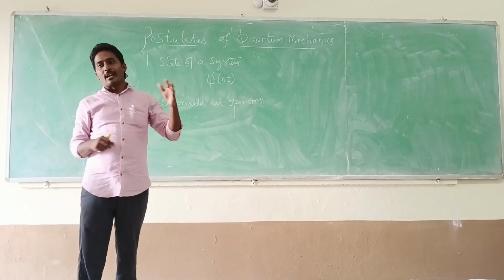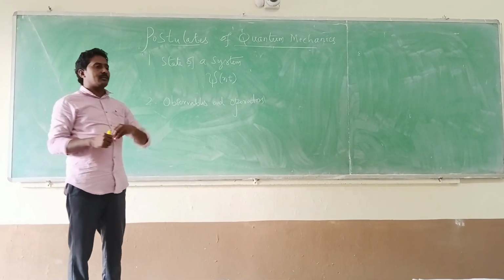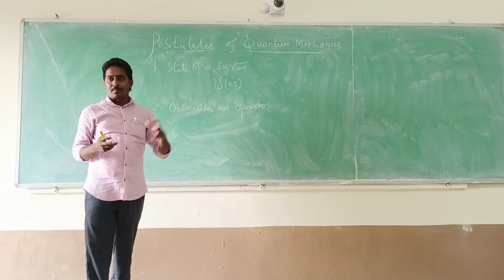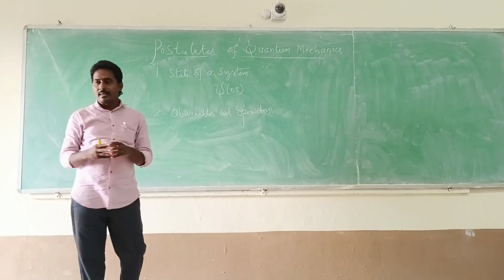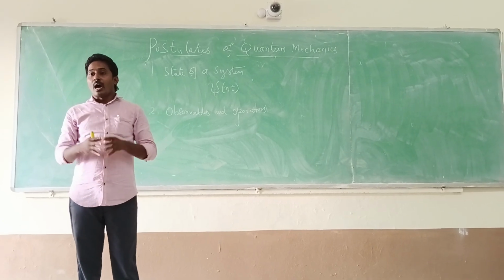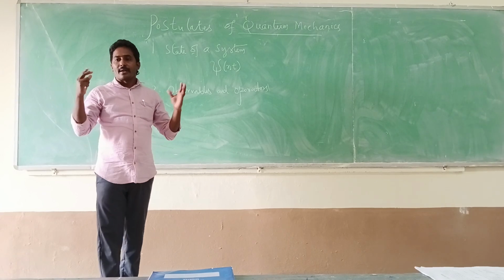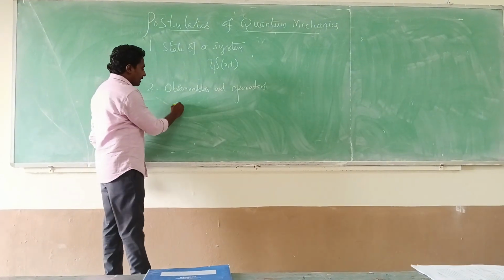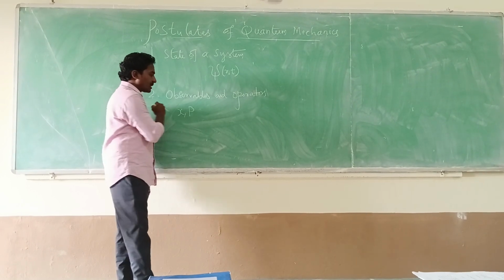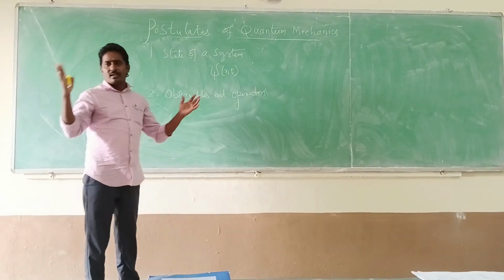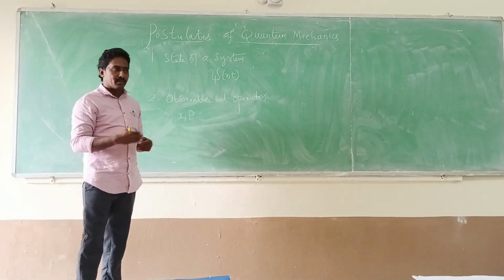An operator is a purely mathematical approach. In classical mechanics, generally we use coordinate representations. Whereas in quantum mechanics, the coordinates are simply replaced by operators. So in classical mechanics, generally the position coordinate is represented by x, the momentum coordinate is represented by p, and every quantity is expressed basically in position and momentum representations.